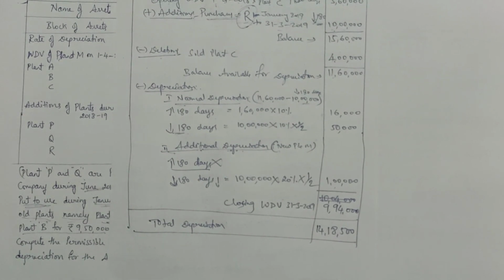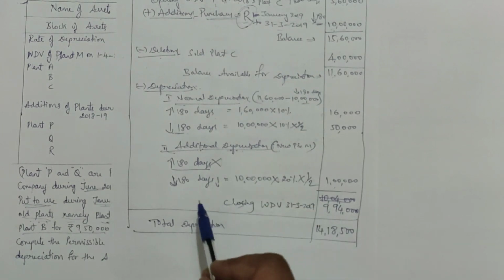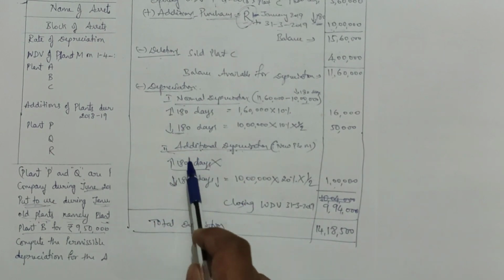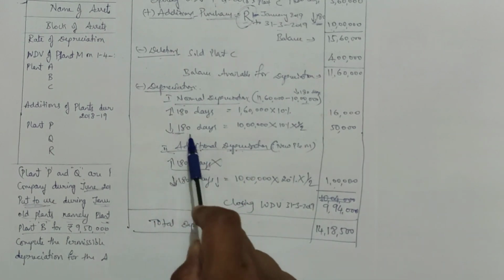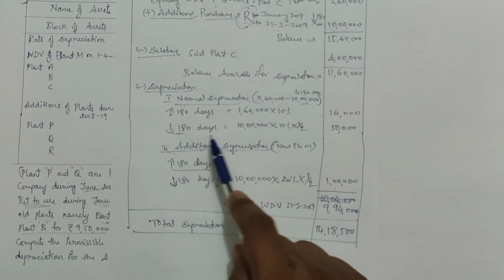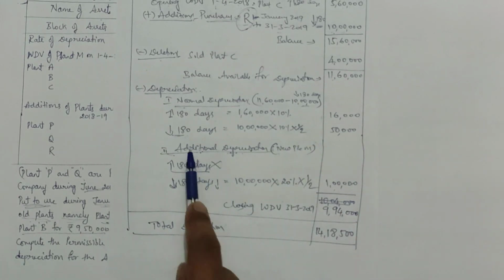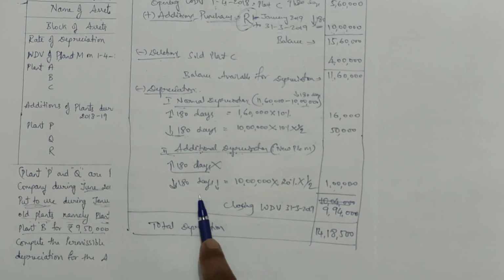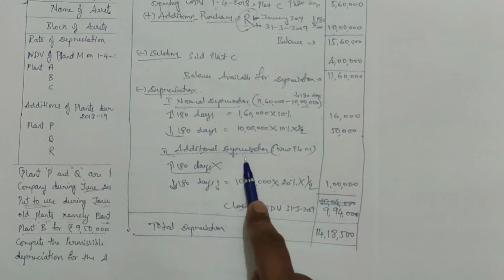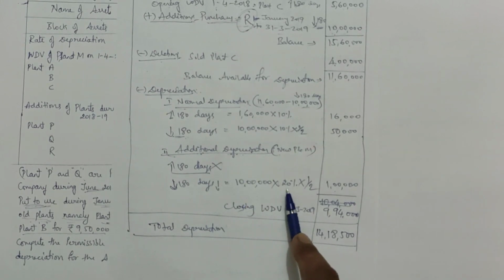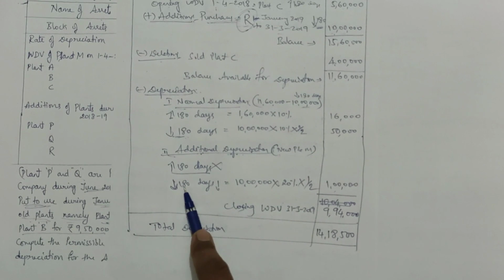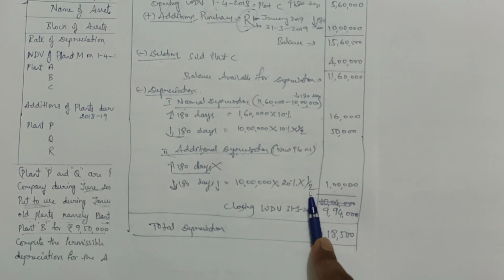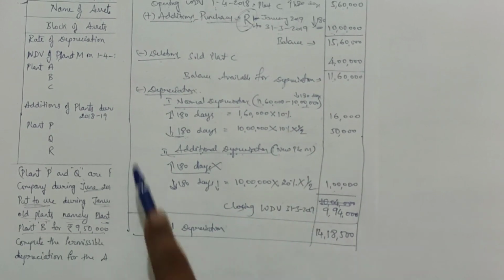So that's it to calculate depreciation when we have normal depreciation and even additional depreciation, and when they're using it for more than 100 days and less than 100 days. Don't forget, if it is less than 180 days, we need to take only half of the value. Clear? And for additional depreciation, even here you need to check more than 180 and less than 180 days. Clear? But additional depreciation will be charged only on new plant and machinery. Rate of depreciation will be 20%, and if it is less than 180 days, we need to take only half of the values. Clear? So this is it.